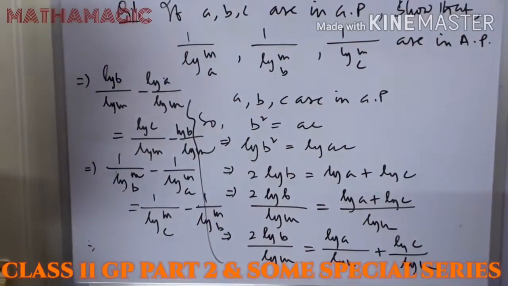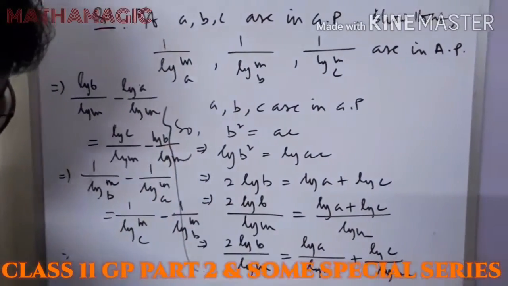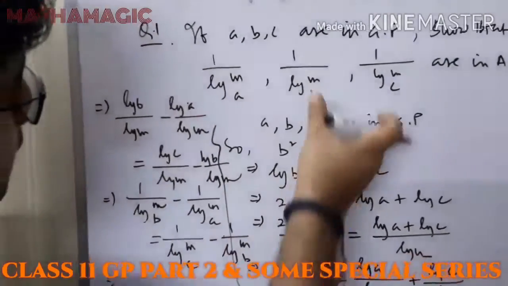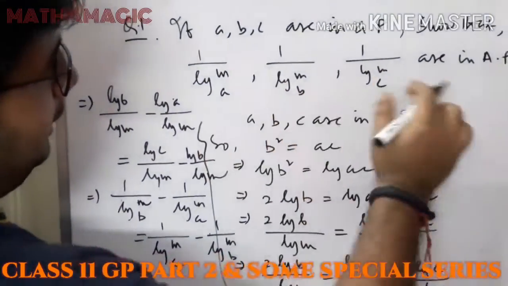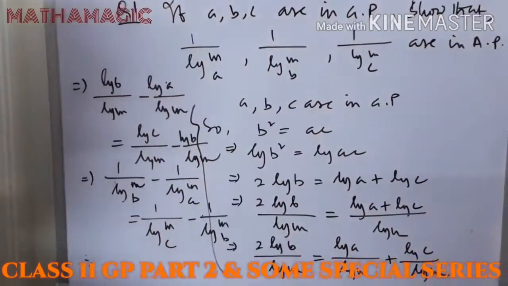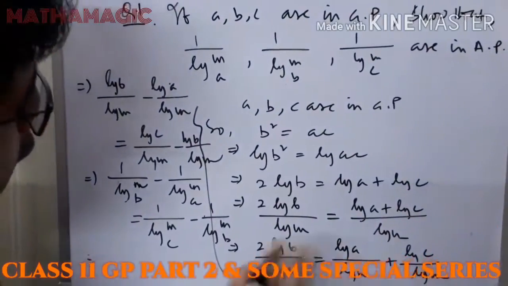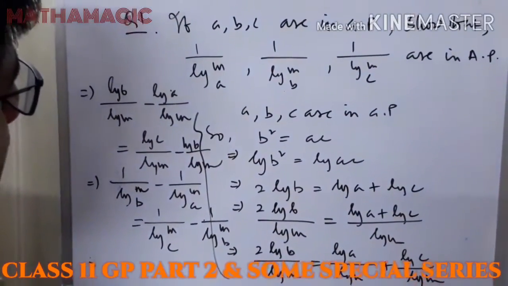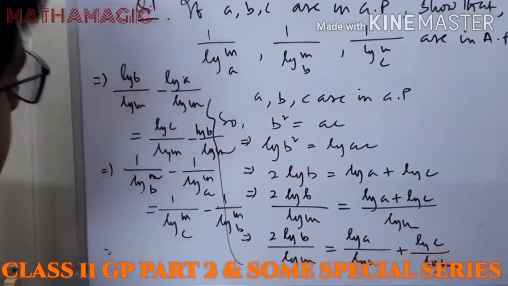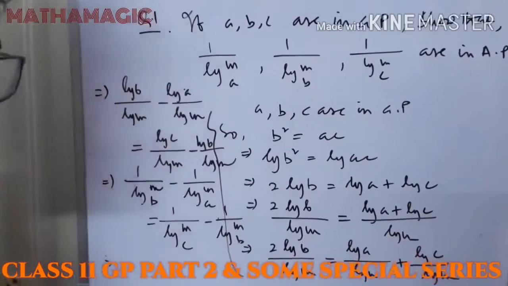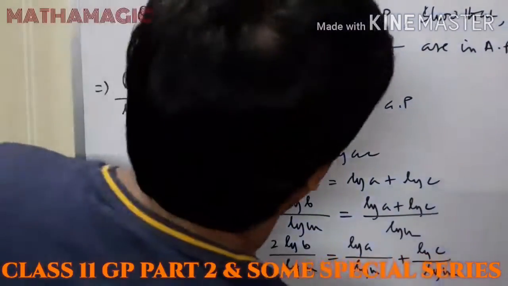So this is how we can do the sum. We can solve the same sum by starting from this point, that these three are in AP, and you have to prove that A, B, C are in GP. Just reverse the steps and you will get the same. So both ways we can solve the problem. This is an important type of sum which is very common in case of AP and GP. So please note it down so that we can move to the next one.